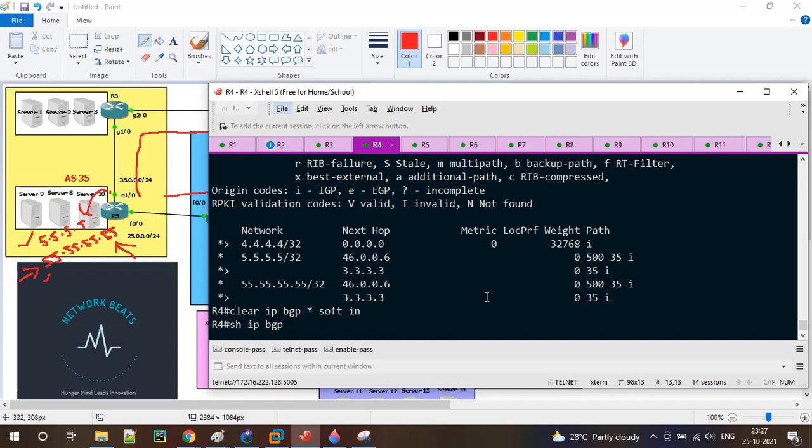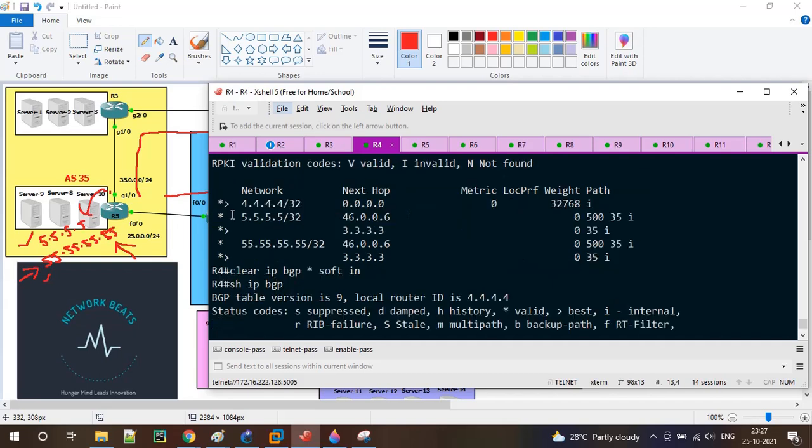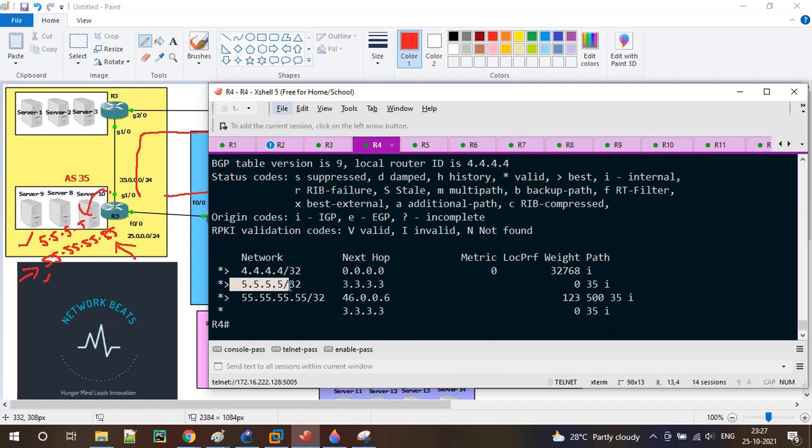So let us do show IP BGP. See here, previously 5.5.5.5 was learned via 6 as well as 3, and 3 was the best path, and now 5.5.5.5 is only learned via R3. There is no backup path via R6. And now we are seeing the weight attribute is set as 123, which is learned via R6.